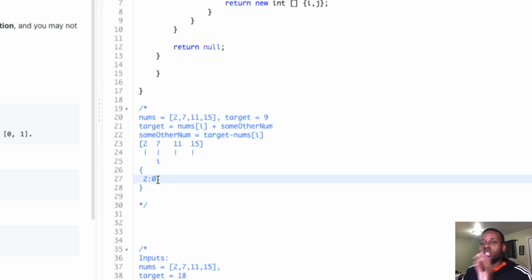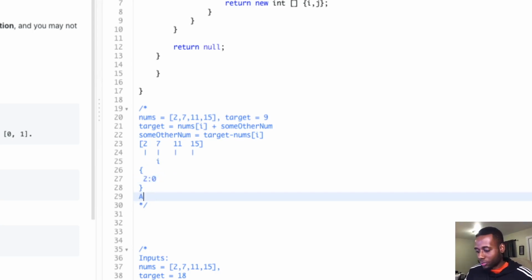So now we look in the data structure, the hash map. Does a 2 exist? Do you have a 2 in there for me? And the map says, yes, I do indeed have a 2 for you. So I'm like, all right, map, give me 2's index. So I return the answer. The answer is going to be